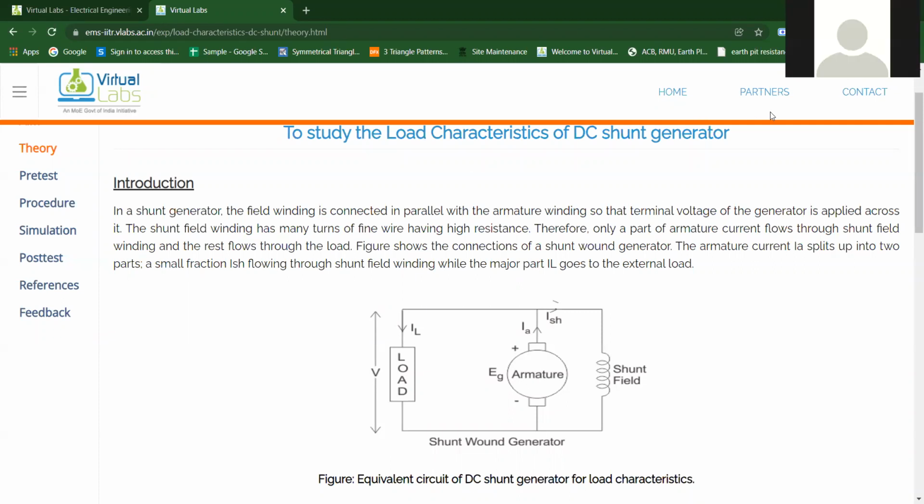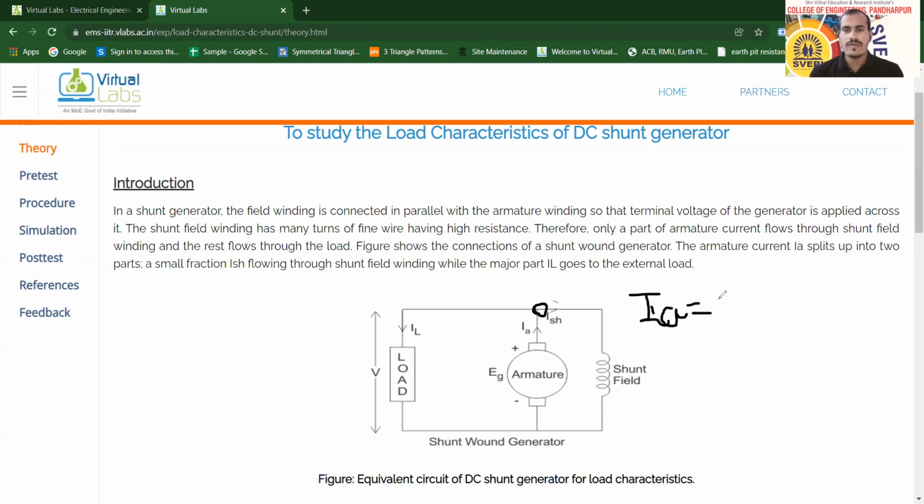No issue. As I was discussing, the KCL we apply here gives us the equation for the current: IA is equal to the load current plus the shunt field current, so the armature current will be equal to